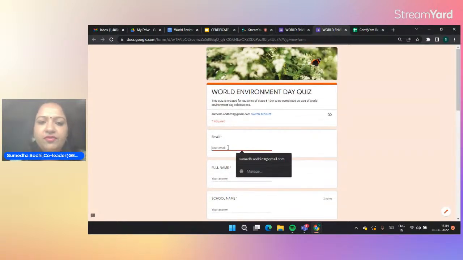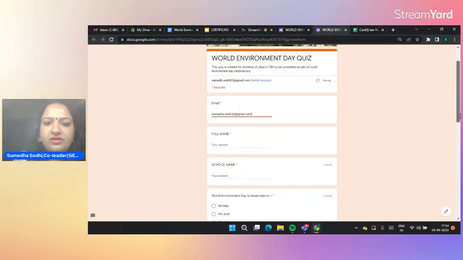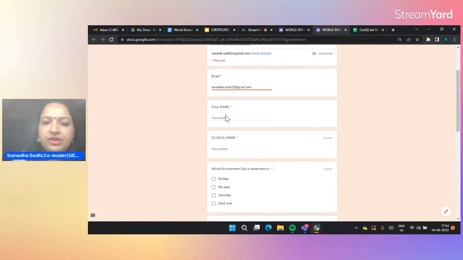Let me try. I will use some other email ID because I have created this on my own. So I want to choose another email ID, not the ID I have created this quiz with, but I can do it with the same ID also, no problem. Here I will give my full name, Sumedha Sodhi. Here I will write my school name,